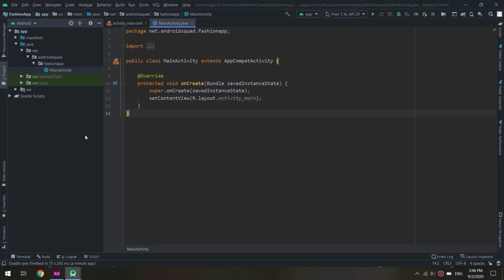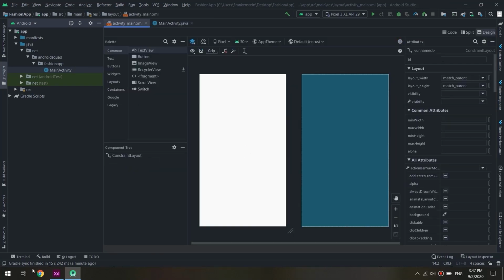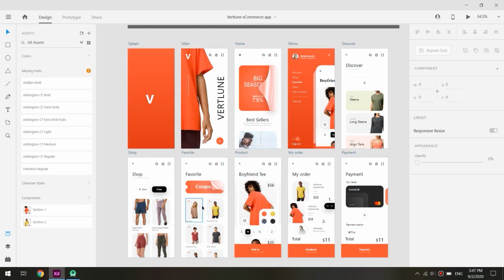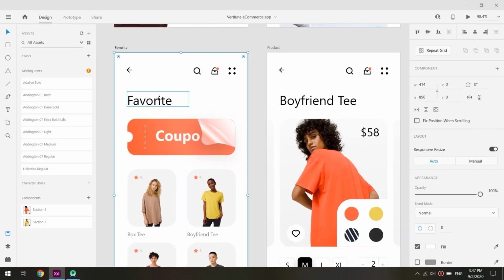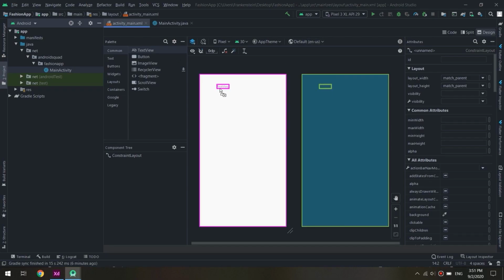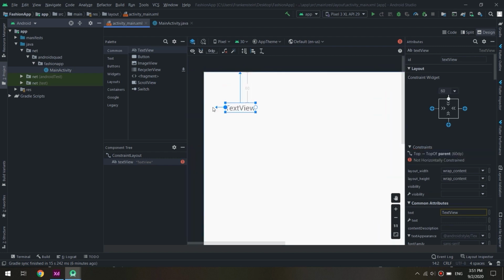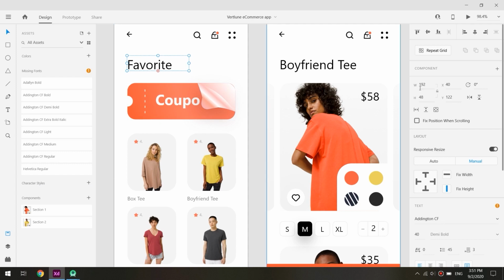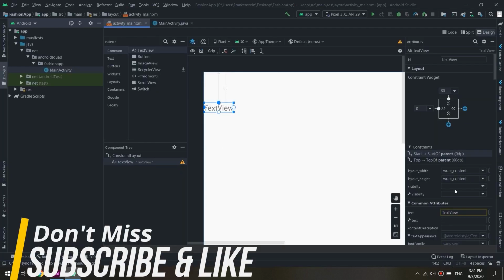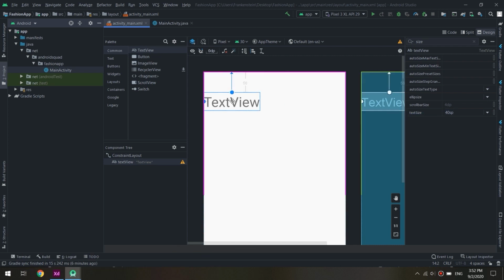Let's begin. First of all, create an empty project in Android Studio and remove the text here. And let's start with the e-commerce application XD file. I've opened it in XD and I want to design this dashboard. So first of all, I will drag and drop the text and see the size of this text. It's 40. I remove the 14 and add the 40 SP. Add the constraint for this text view,